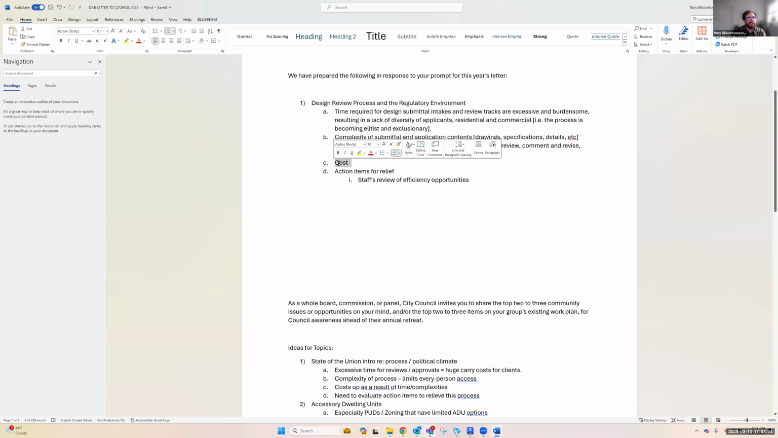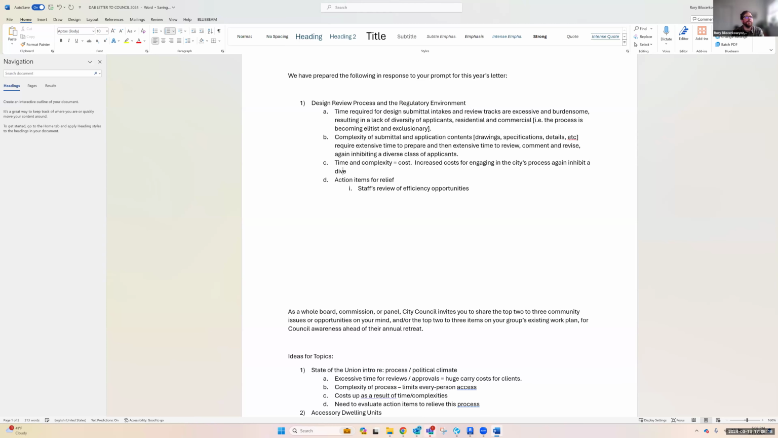So I think the bullet point itself can stay that generic, and we're making a point about the diversity. So maybe we just say time and complexity equal cost. Increased cost for engaging in the city's process, again inhibit a diverse class of applicants. Just trying to capture anything. You guys can keep editing. I mean, I think